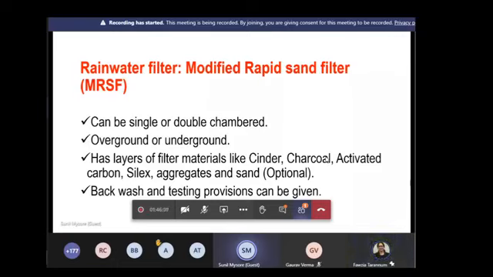Yeah, Sunil, just a couple of quick questions. There was a question on BOD and COD, so I'll request you to throw a little light on that. And then pollution, for instance, places like Delhi, where the air is mostly polluted. So what do you have to say about the water quality that we are harvesting from there, and how do we really filter that? COD is irrelevant, as I told you, for rainwater, because there is no chemical oxygen demand, there is no biological oxygen demand, there is no bacteria as BOD.